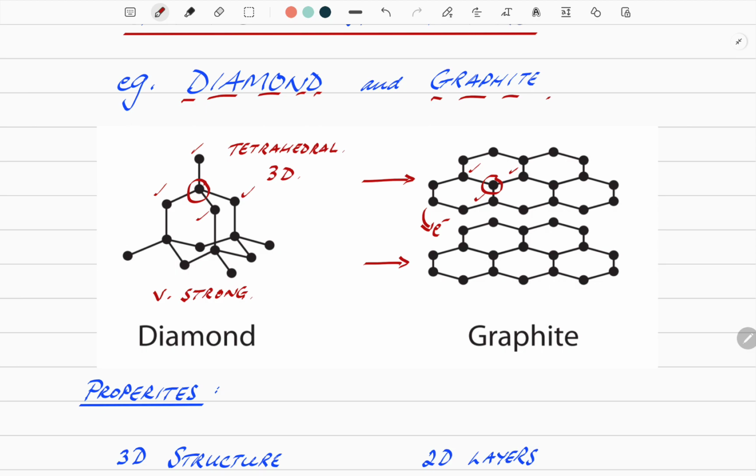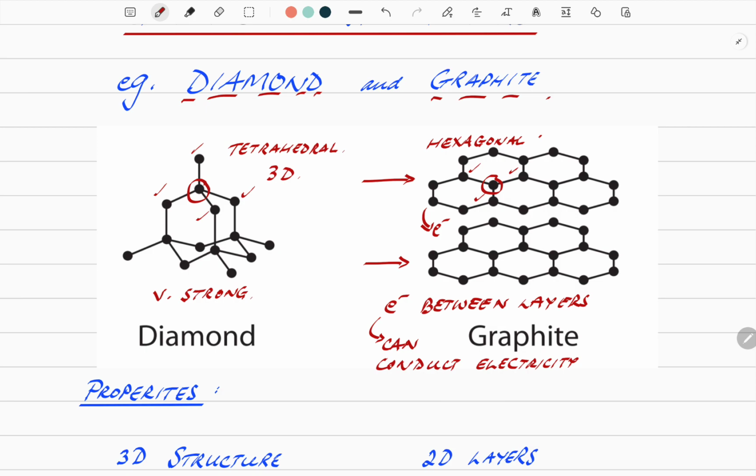And so there are electrons between layers, and these can conduct electricity, which is why graphite is often used for the electrodes in electrolysis. All right. So you've got a hexagonal structure,